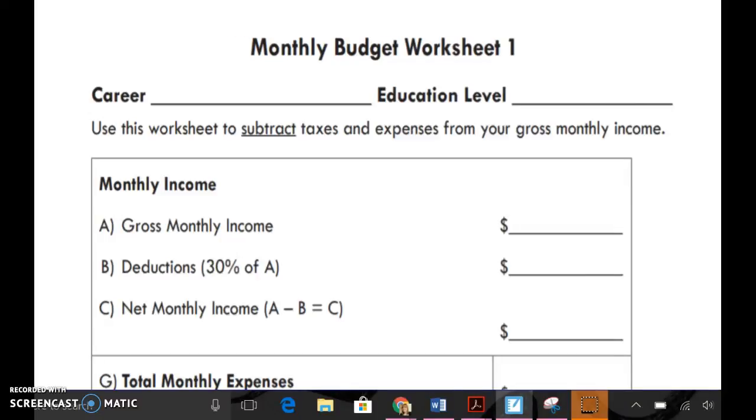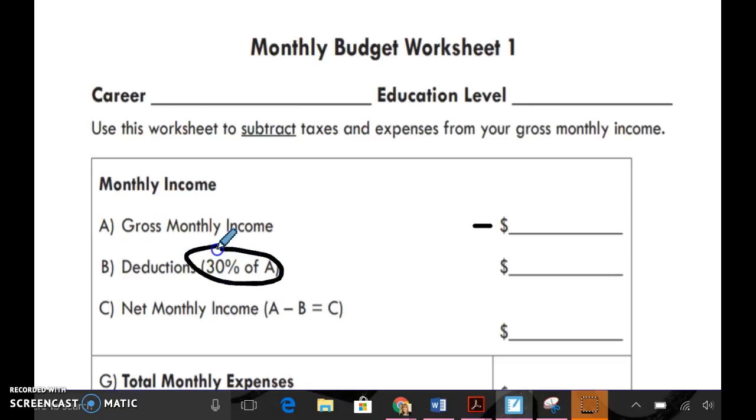So you've started your Punnett Square genetics activity with Ms. Sears in science class, and now you're extending that with the Game of Life project in math class. In her class, you were assigned, or you chose, a career and level of education, and so you should know your annual income. What we need to do is find out your monthly income and then take 30% of